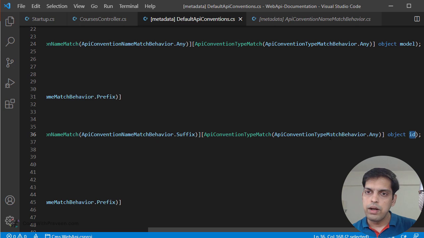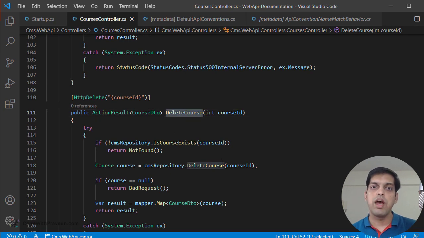And you look at the type. Type is any. It means that if you have a parameter that ends with the keyword id, and it can be of any type, and the method name starts with delete, then it's going to apply this convention to that action method. Sounds confusing, but don't worry. You just see some of the examples which are present in these default API conventions, then you will understand it. And once you understand it, you will start liking it, because the way it is implemented is a bit generic. That is good for you, because as long as you follow these guidelines, then it's going to get automatically applied.